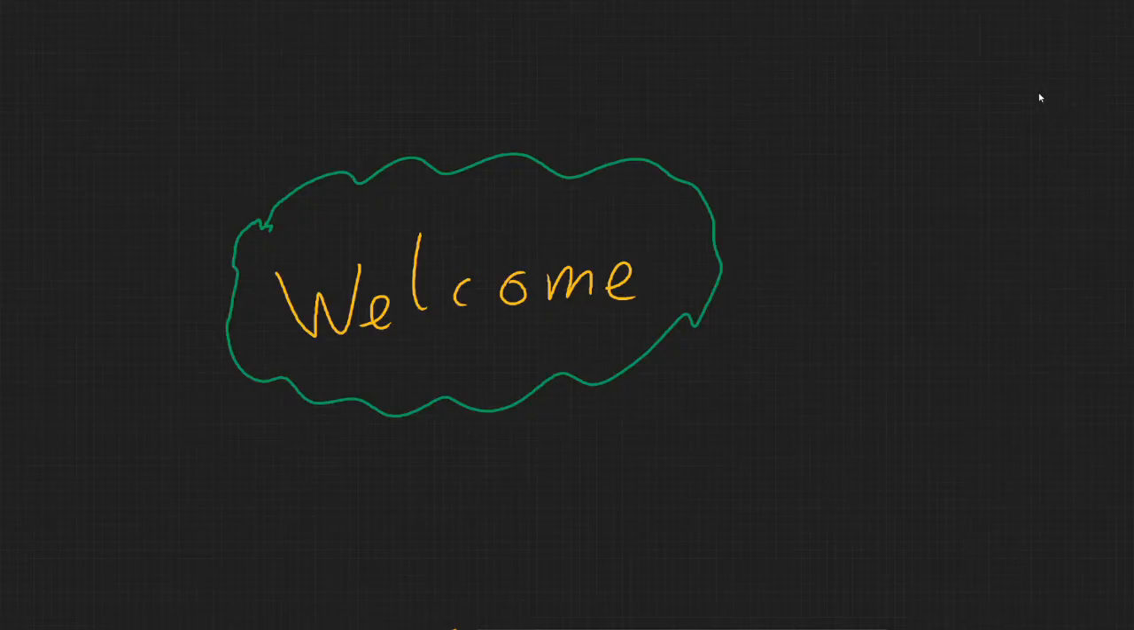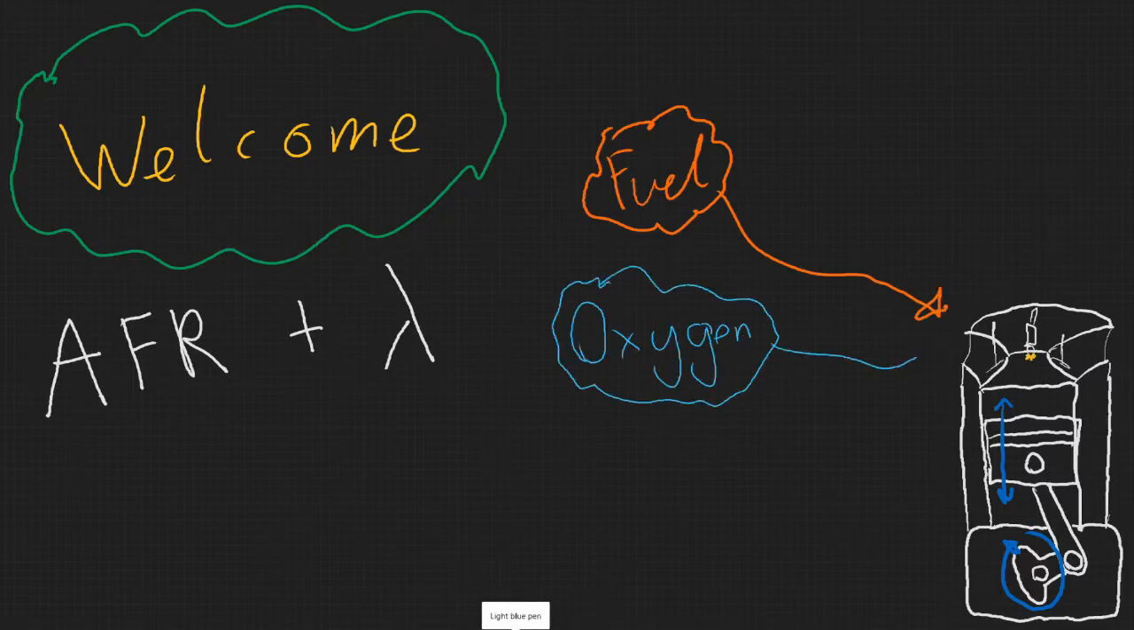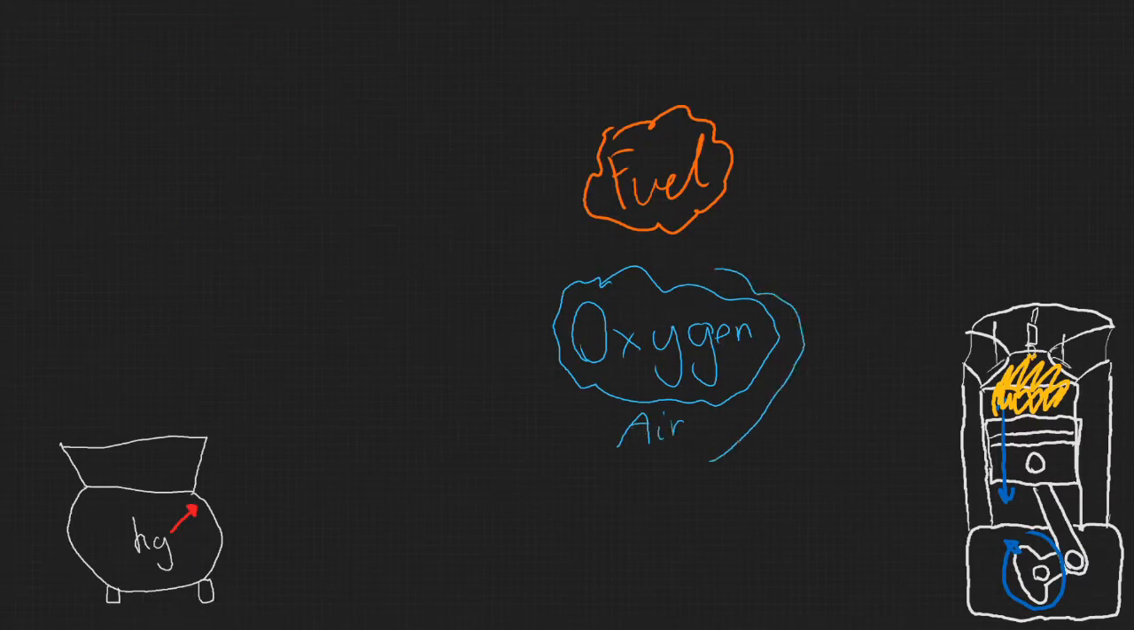This video briefly covers air-fuel ratio and lambda. In an engine, fuel and oxygen are burnt through the process of combustion. Typically, this oxygen comes from the air. The ratio between the mass of air in the engine and the mass of the fuel is known as the